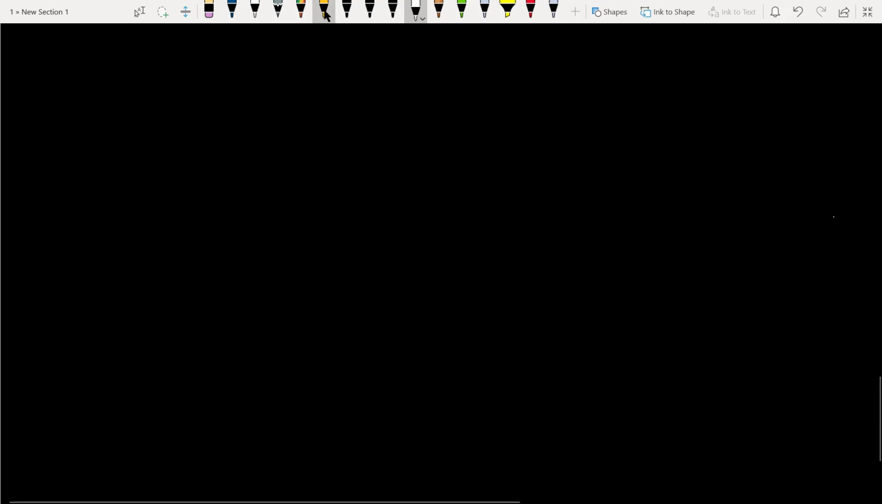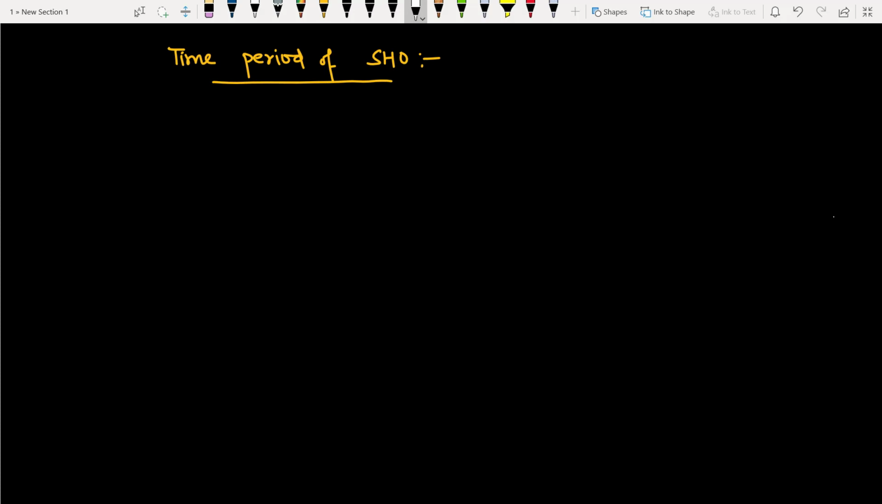Next is time period of SHO, the time period of a simple harmonic oscillator. A body in SHM is called a simple harmonic oscillator. Now we are to calculate its time period. Time period is the time after which it repeats itself. Its definition is the time taken by the oscillator